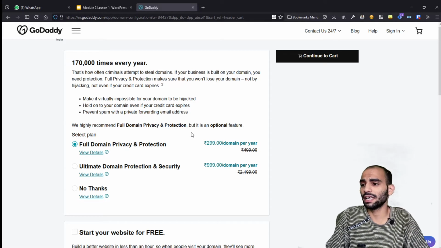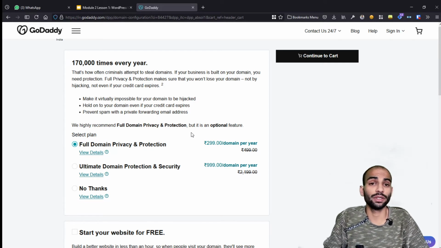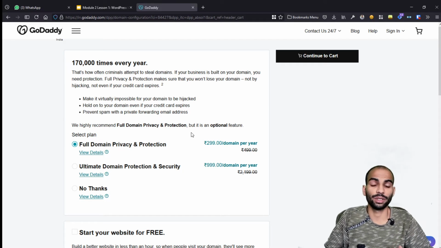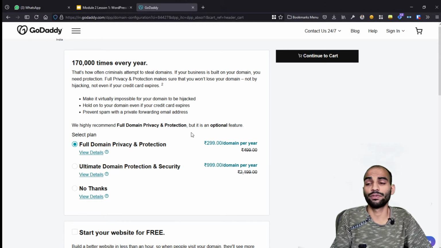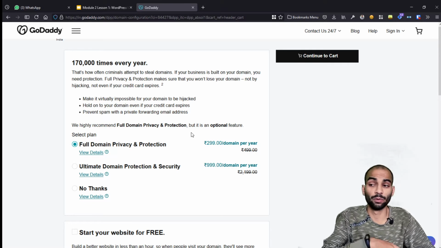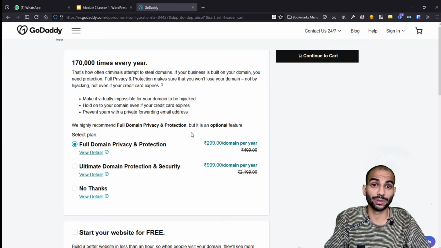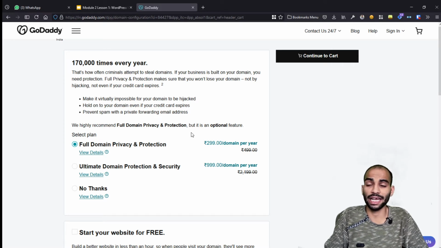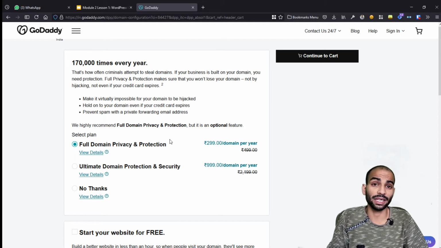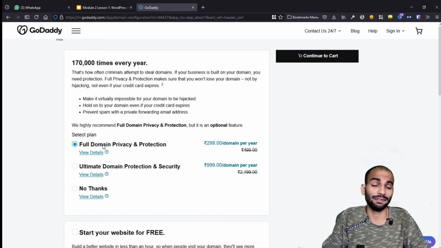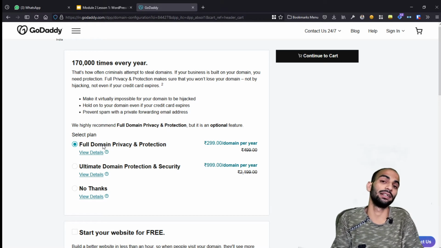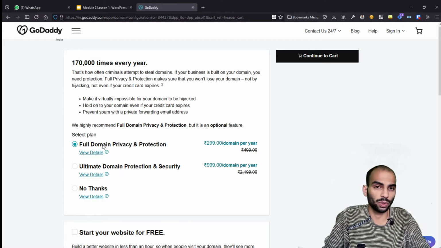privacy. Basically what it means is that whenever you register your domain name, as I shared in the last lesson, ICANN and other authorities that register the domain name actually have all of your details, who owns the domain name, who is currently using the domain name. So they have all the details, and if you are not buying this privacy protection, everyone can see those details in public, because those are public details. So when you buy this privacy protection, your details will be hidden,